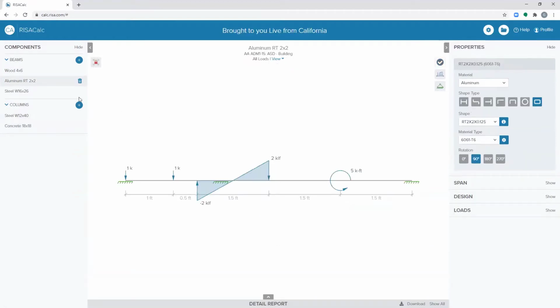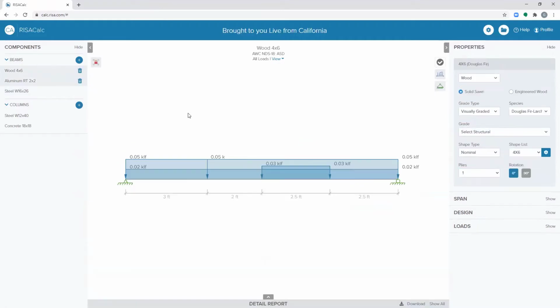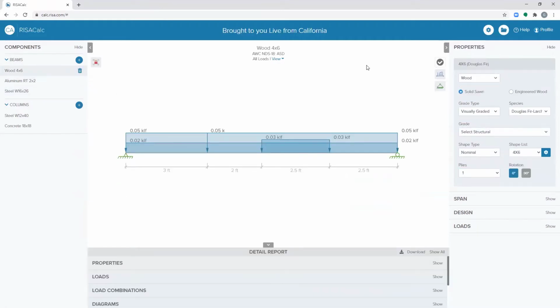So just a quick demonstration of different materials that we have, different loading configurations. You can see toggling between the different components is quick, and this whole project is shareable with everybody in your company. So you can work on something, and let's say you're leaving for the day or going on vacation, your coworker can just pick right up where you left off, or maybe make modifications to the model. So everybody has this collaborative capability.